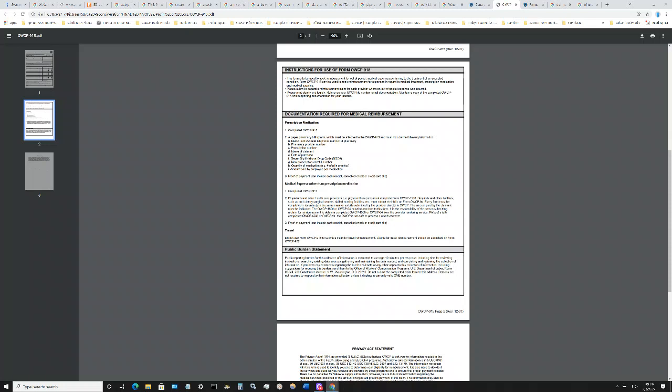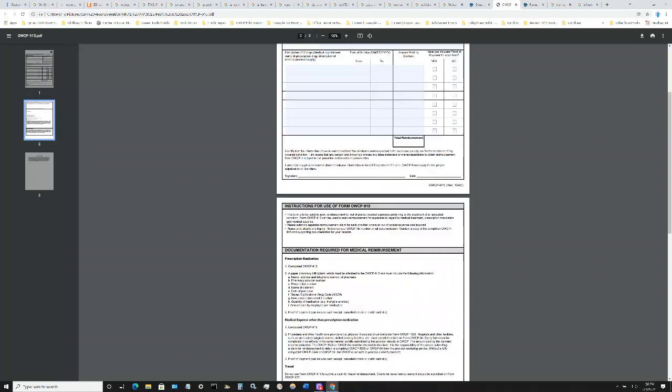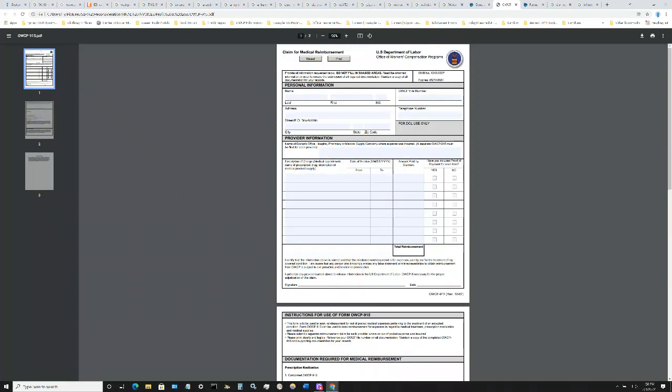Now, two things that trouble people. One is the national drug code. Each pharmacy item has a national drug code, and when a bill processor is processing your claim, they want to be able to enter the drug code and see if it's eligible, because the Department of Labor does have a list of drugs that are ineligible for reimbursement. So sometimes, especially for important items like painkillers, they want the national drug code. Normally that's something you can find online,